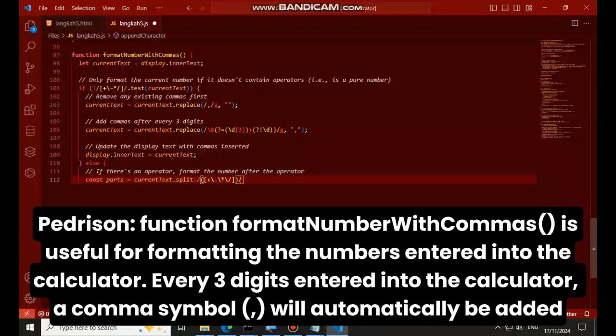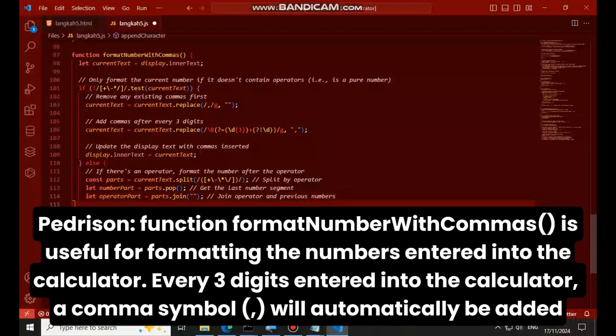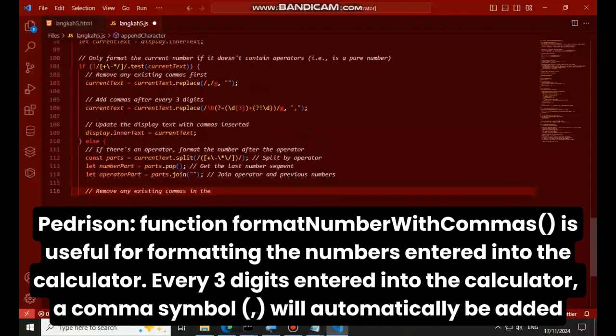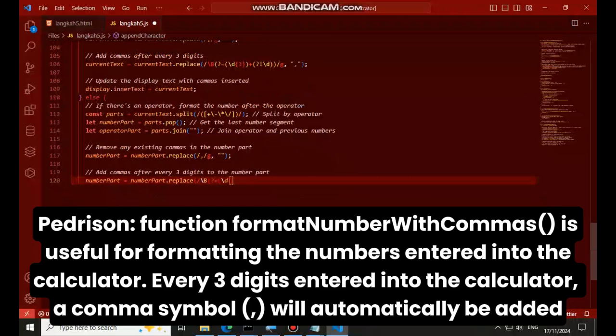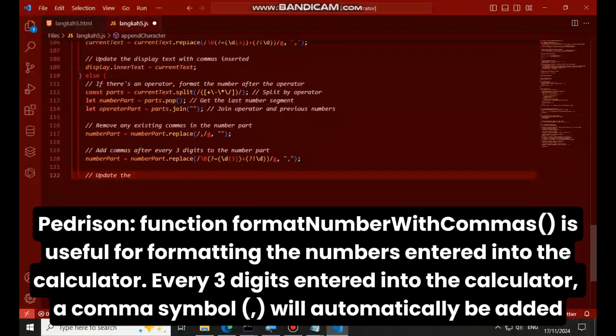Function format number with commas is useful for formatting the number entered into the calculator. Every 3 digits entered into the calculator, a comma symbol will automatically be added.